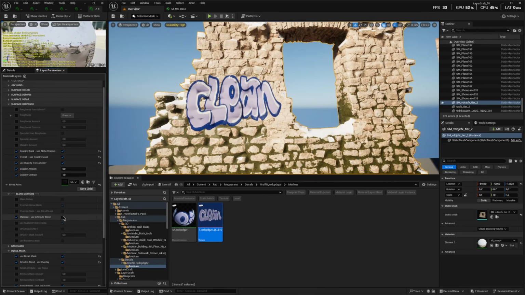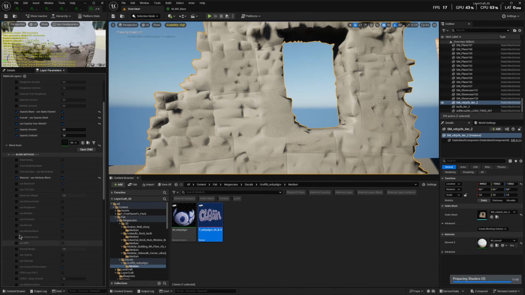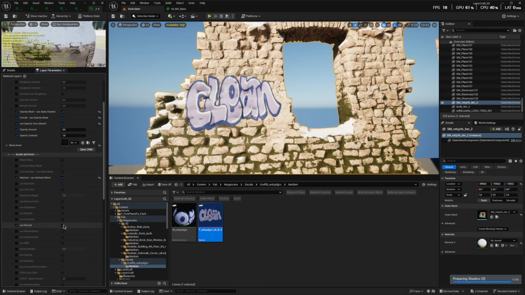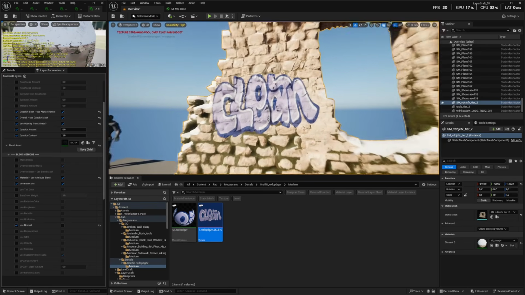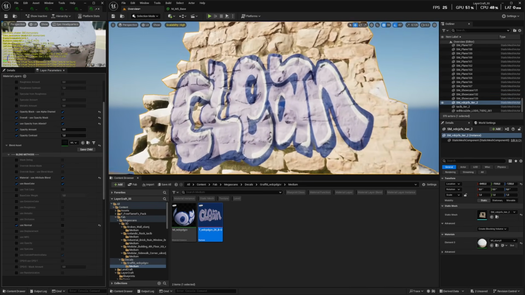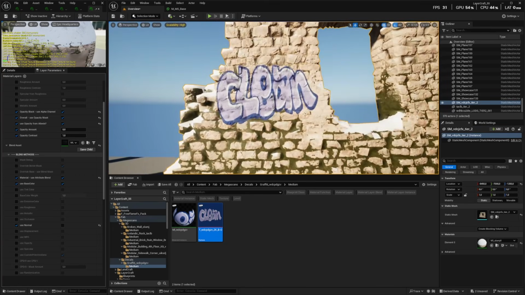I don't care about the rest of the attributes coming from top. So I will just say, okay, just overwrite only the base color, and voila, you can see all the normal detail from bottom,